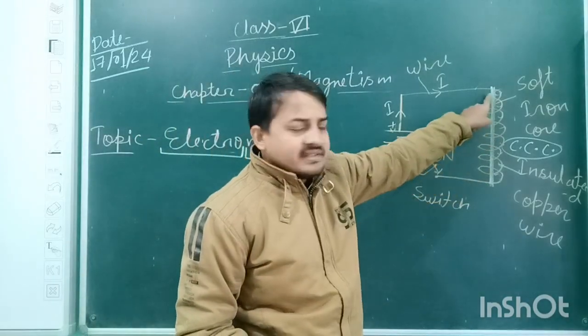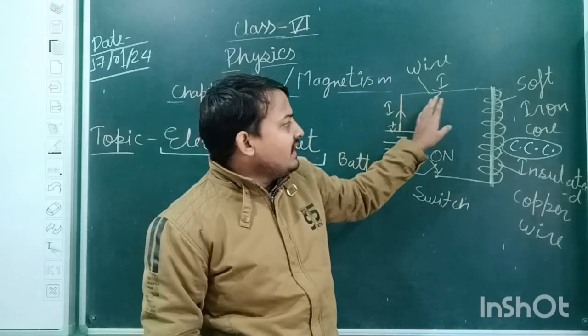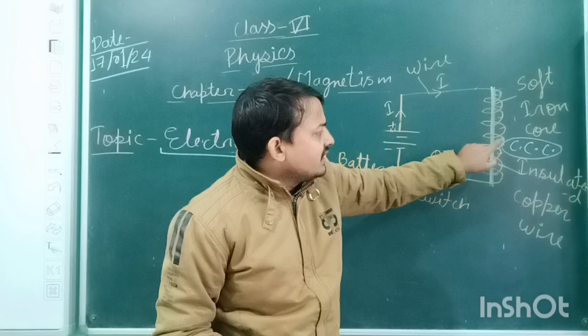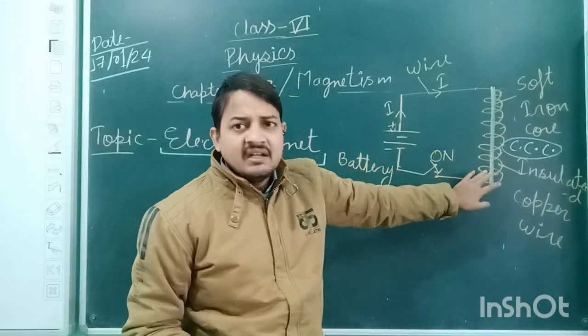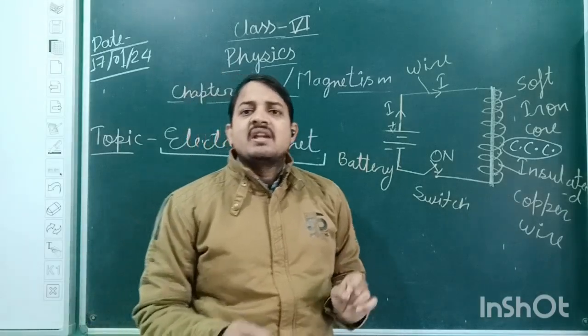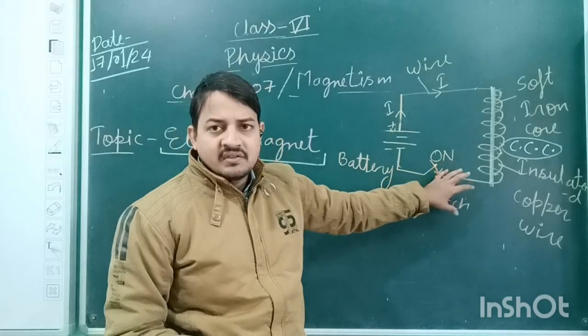You must know this current carrying conductor. Earlier it was a normal conductor, but whenever I turn on the switch, electrical current is passing in this conductor continuously, and now it is acting as a current carrying conductor, means a kind of conductor which is carrying electrical current. So what will happen after doing this process?